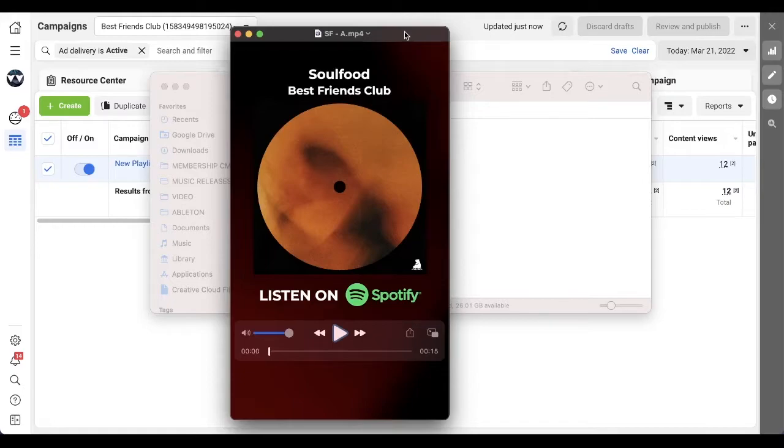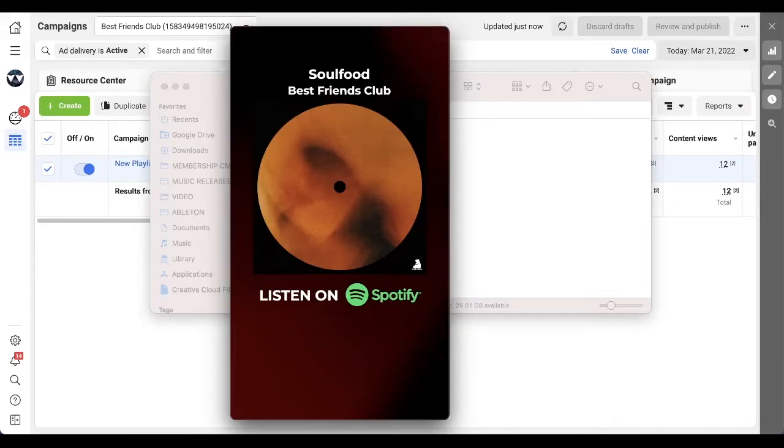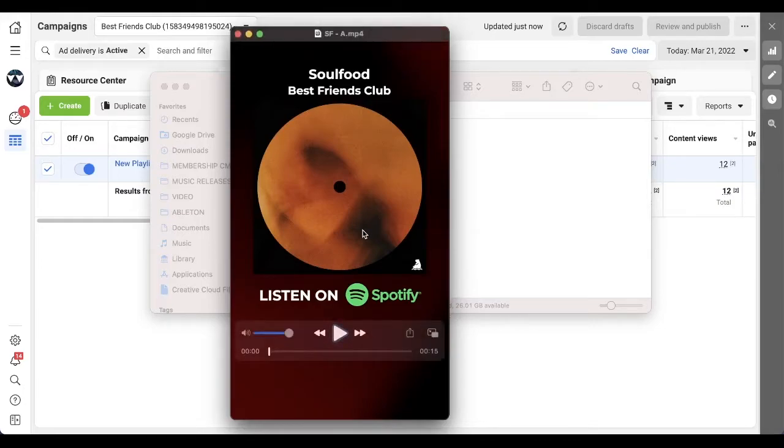This way, what you can do is you can definitely upload it as Instagram story and Facebook story ads, but also by making sure that the most important information, like the album art here, is in the middle, you can actually crop it to be in different formats like the news feeds later, and I will show you that in a second. So the main components of a well-performing video ad is really just keeping it simple